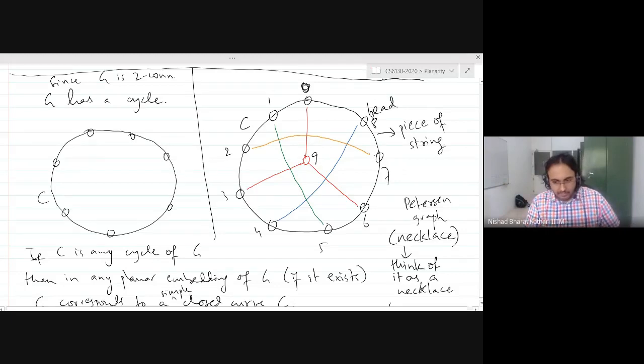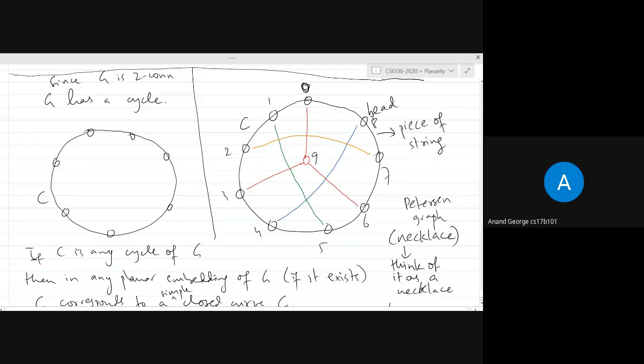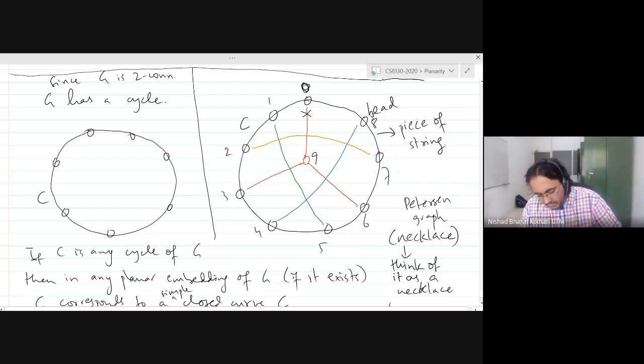We have already exceeded the time, so I'm going to go over all colored edges. Anand, can you tell me where on the red colored edges I should put a cut? Just the ones connecting it to the periphery of the cycle. Okay, so I will put one cut here, another cut here, and another cut here. Is that what you mean? Yes. Okay, good. We are dealing with graph theory as if it is some kind of craft work or electrical network, right? We are not going into graph theory formalism. So we are going to put scissor cuts in these 3 places. Where else should I put scissor cuts? Can you tell me? Or can someone else tell me?